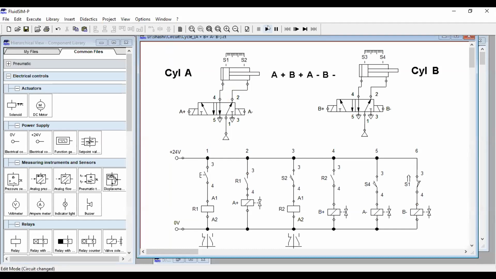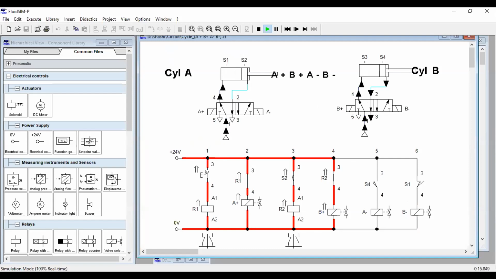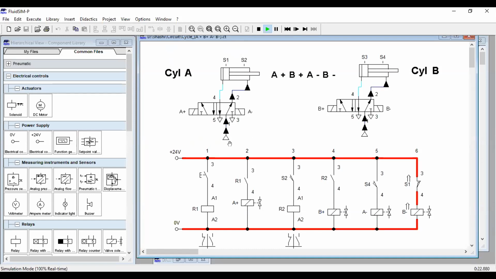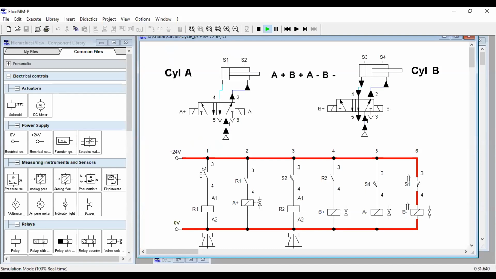As we start, here you can see already S1 is in action. Red color line indicates the actuated position. So this is my actuated position through which you can see this thing. As we press this button, here you can see first, second. So we made some mistake somewhere. Why is this not happening, the A minus? Because I have pressed it. If you leave that button, then it will give you A plus, B plus, A minus.